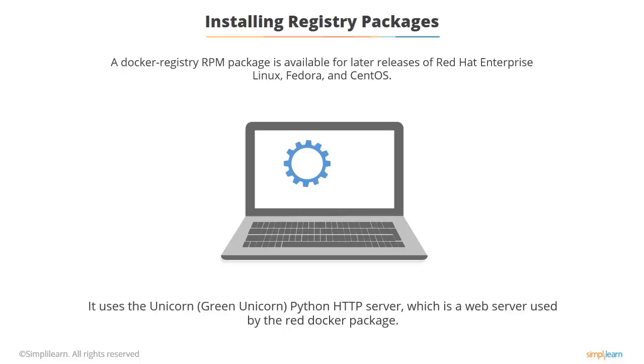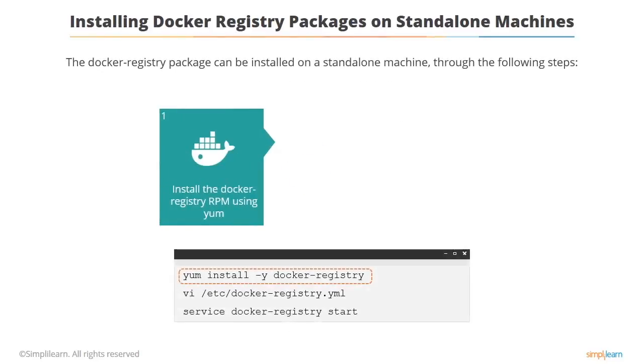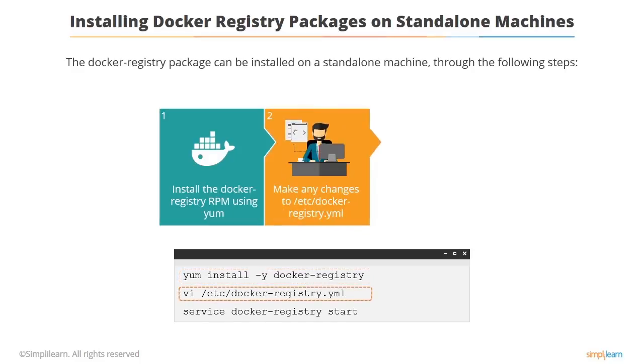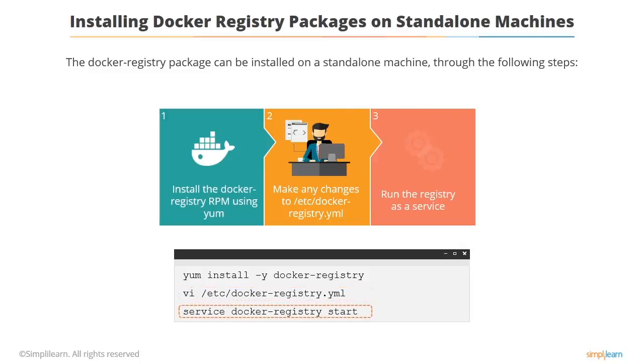So you can do yum install docker-registry either on your local machine or on a standalone machine or in an image. Then all you need to do is edit the docker-registry.yml file to set the configurations that you want for the registry, and then just run it. And this is showing how to run it on a Red Hat machine, either in a container or as a standalone on a normal installation of Linux.